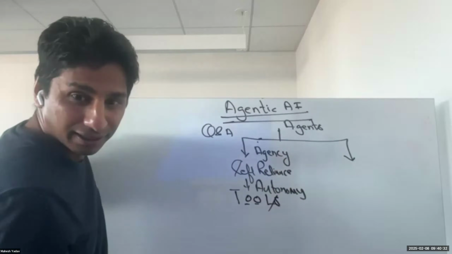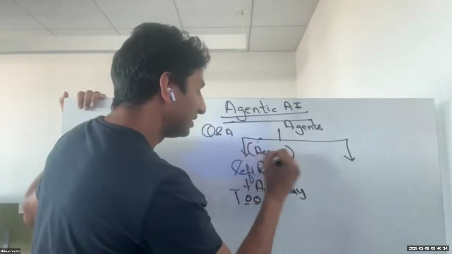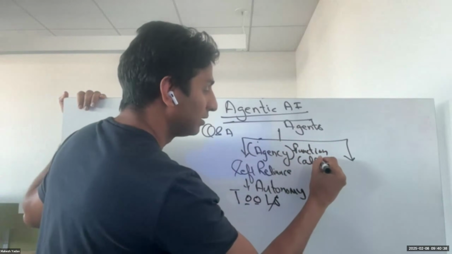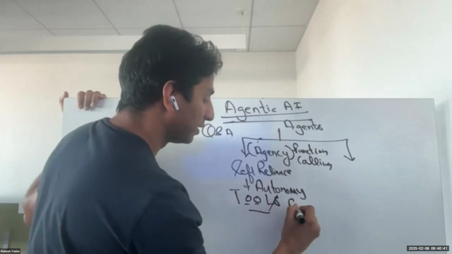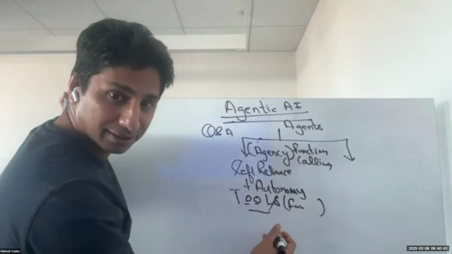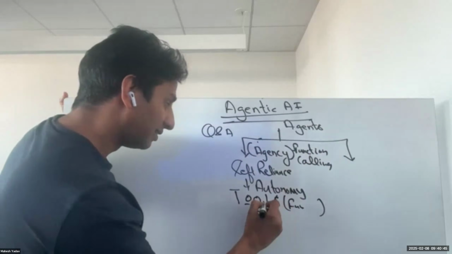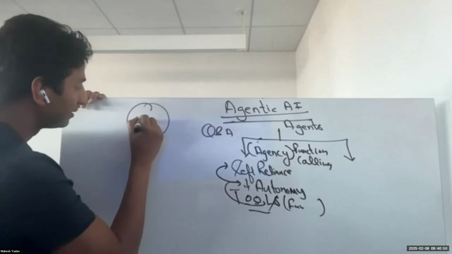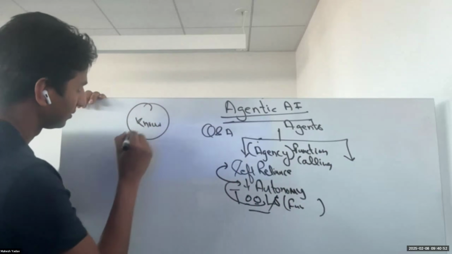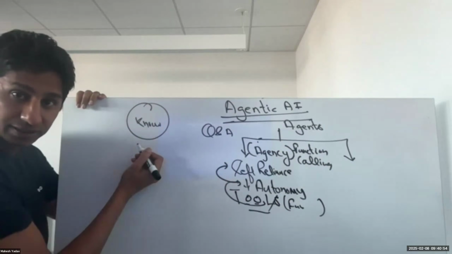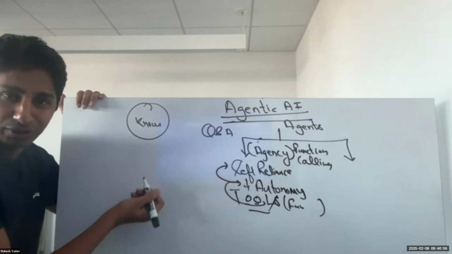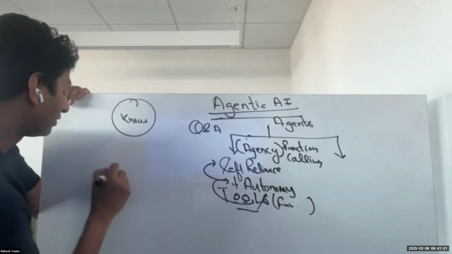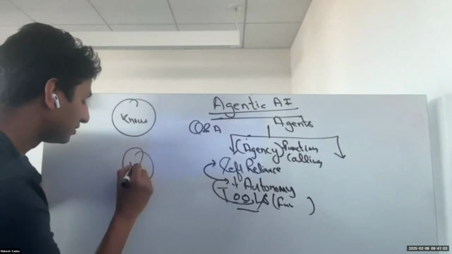They have tools, and they have something called agency by function calling, right? So they know which functions to call. They have these tools, which are nothing but functions to do actions. And if they can do actions, then they have autonomy and self-reliance. What they also have is knowledge, which is how the world works. Either the model provider trained them with the knowledge, or they have it somehow. So this is your agent.